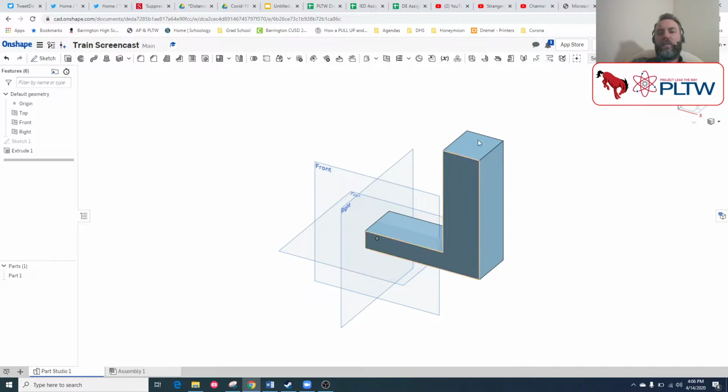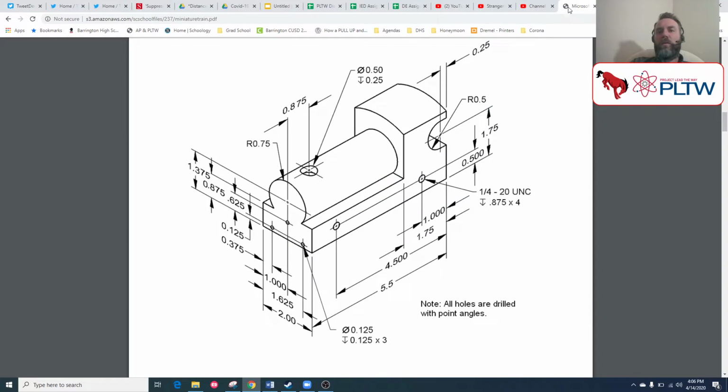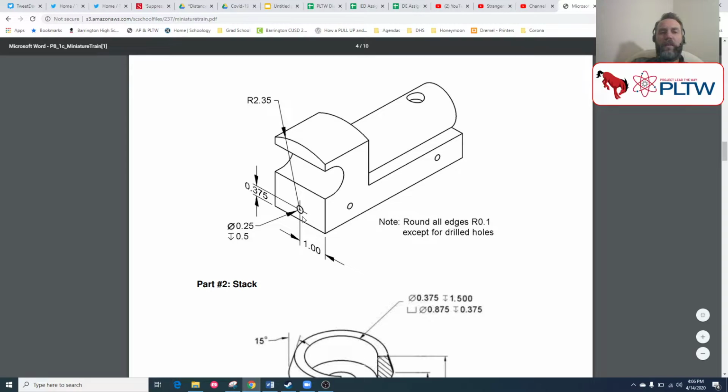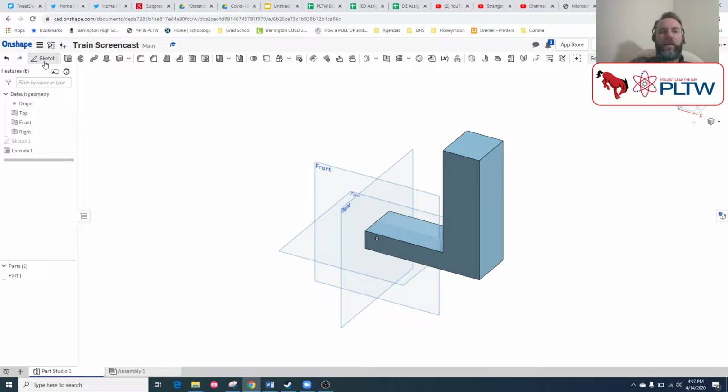So I think the next thing I'm going to do is let's get that shape right. So let's get that top edge here curved in the proper manner. If I come over here and go to the back edge, we see that there is a hole that we need to put in there. I'll come back and put that in later. It's 0.375 up, and then from that we've got an arc that is 2.35, and that's defining the top edge there. So I'm going to start a sketch on the back,